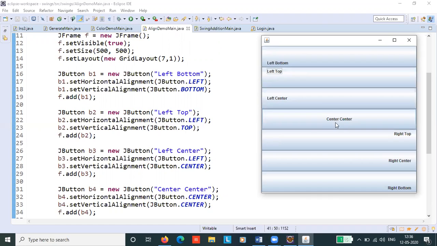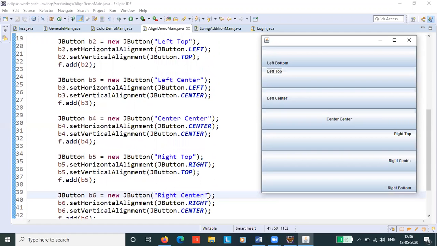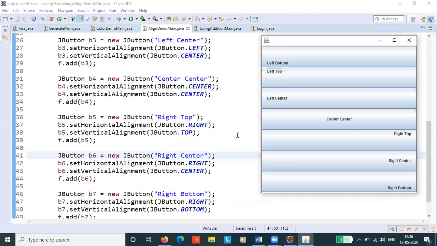Fourth one is center from both the sides, that is horizontal as well as vertical. It is also set. Then the last three, that is the right top, right center, and right bottom. So these are the constants which will be displayed.